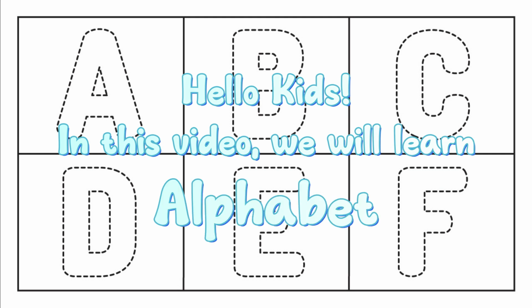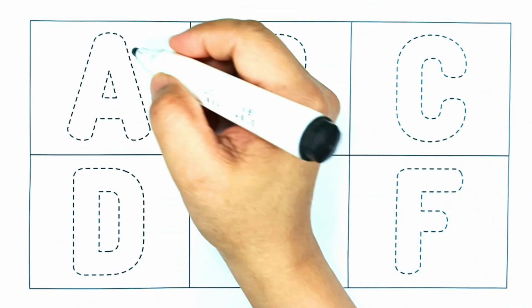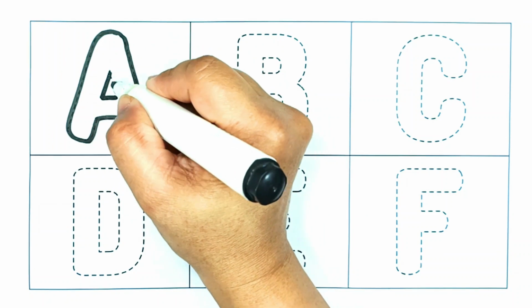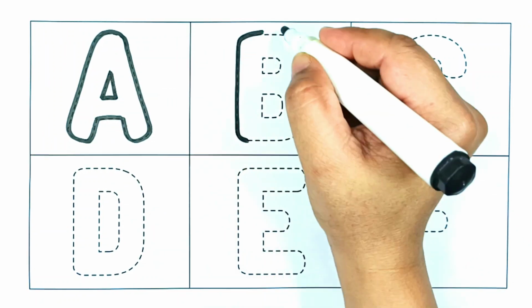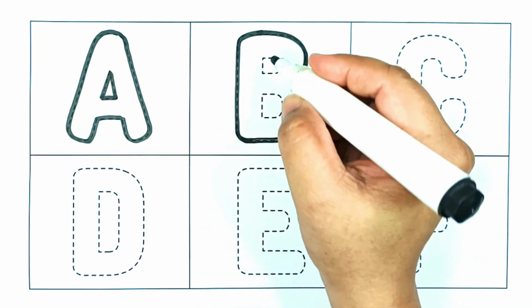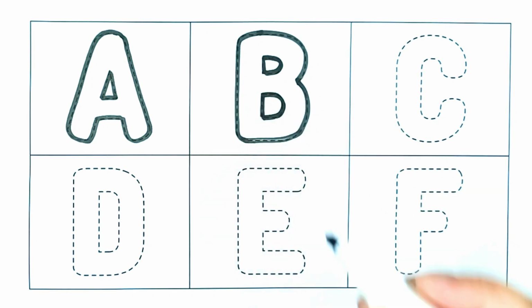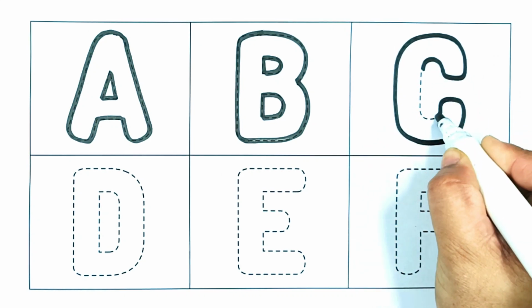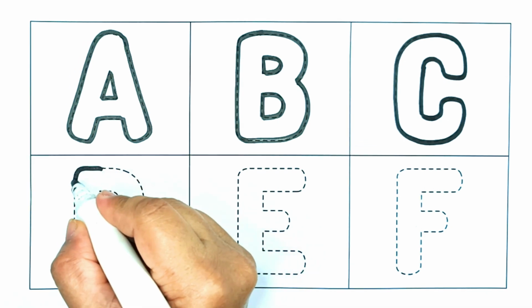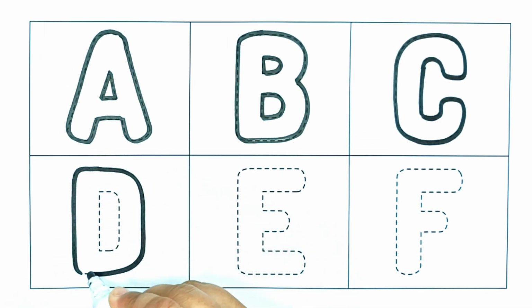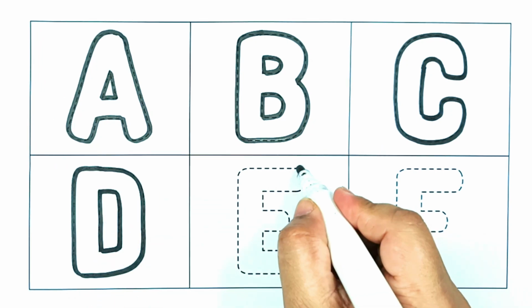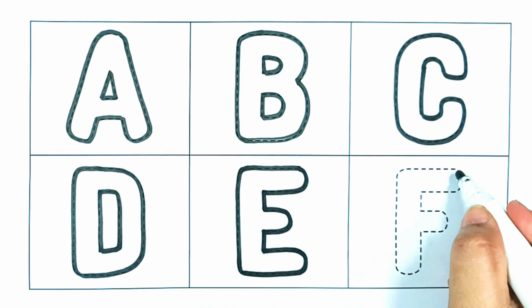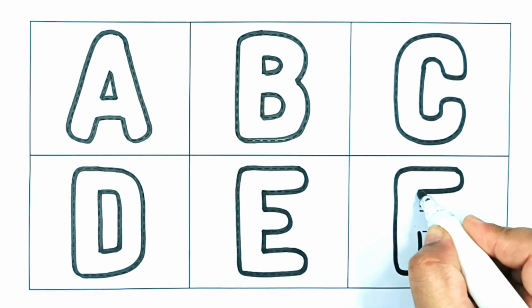Hello kids. In this video, we will learn alphabet. A, A, B, B, C, C, D, D, E, E, F, F,